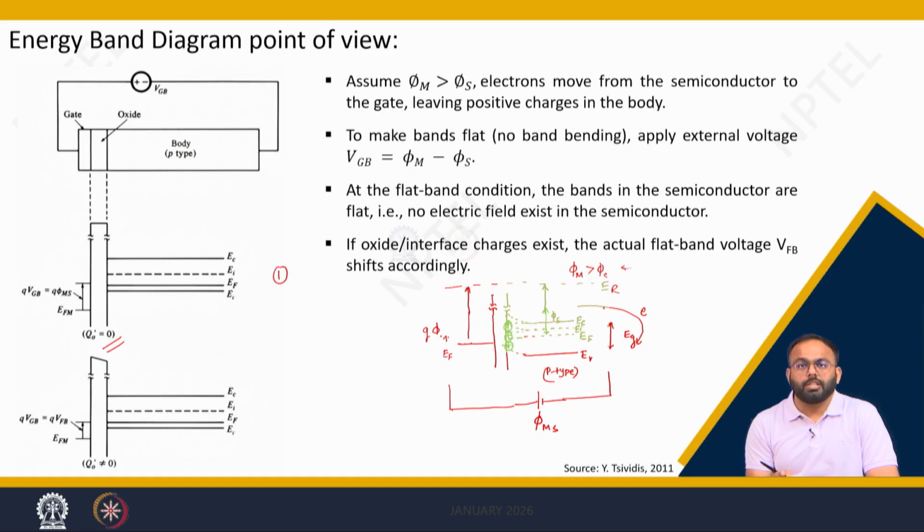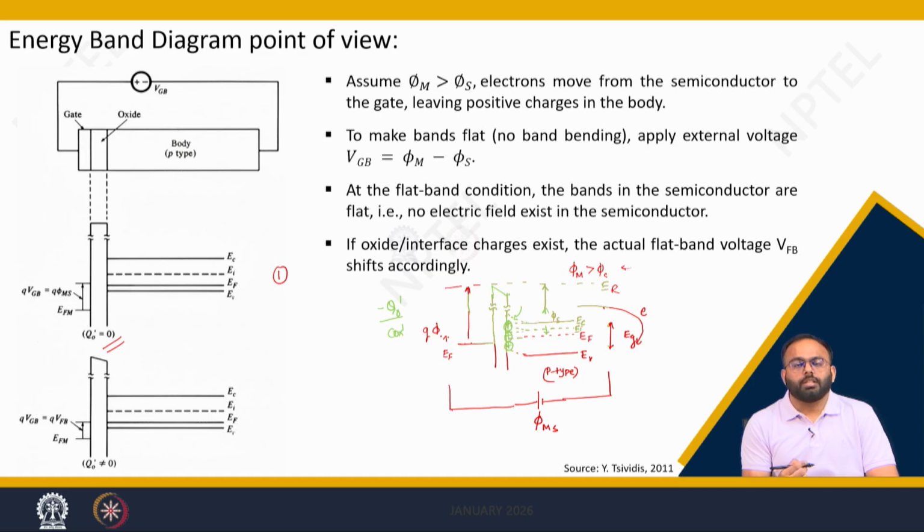This positive charge also causes a charge in the semiconductor, which is present in the oxide. So, we need to connect a negative battery of value minus Q naught dash by Cox dash, right. If this is negative, what will happen to the bending? It will be like this,